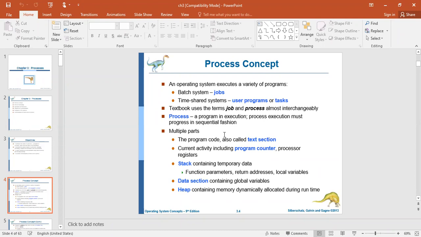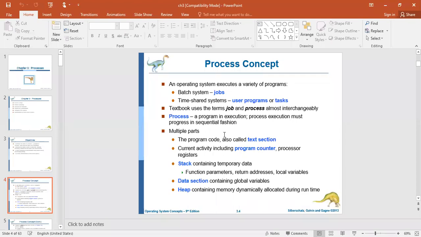And when it comes to the time sharing system, where the CPU time is shared among the users at a fixed interval, in that case we'll call this process a user program or simply a task. So it may vary. Don't be confused. We interchangeably use job and process, but whatever term we are using,